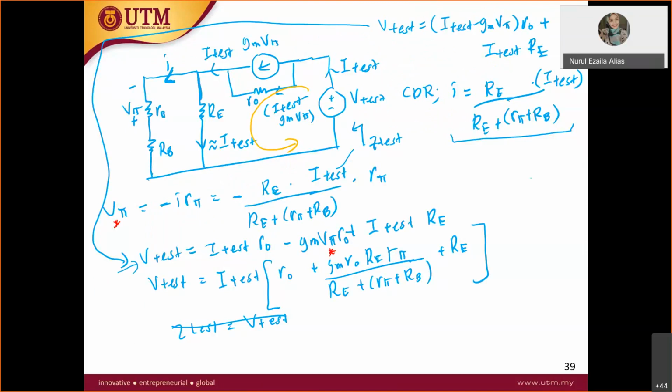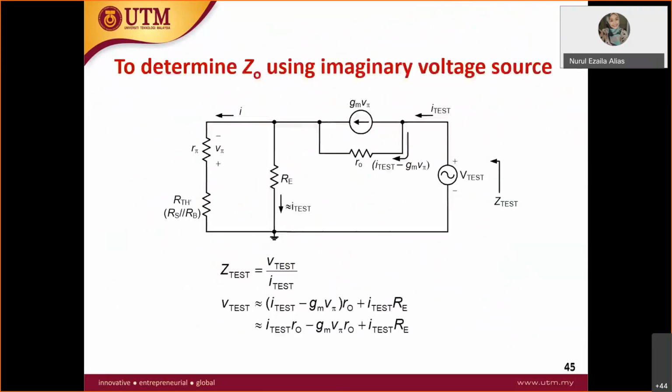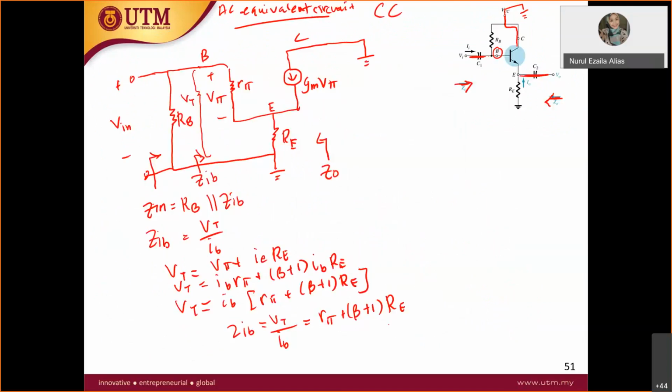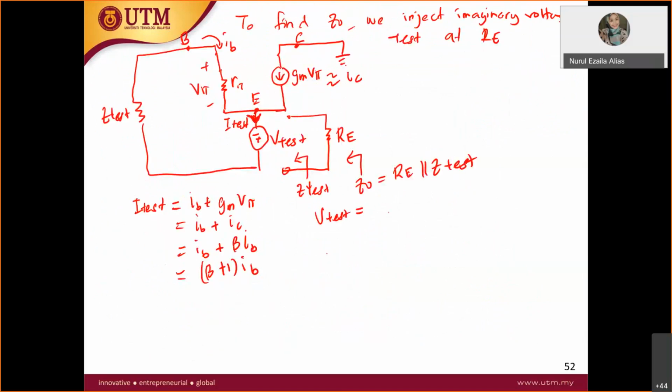KVL. Yes, KVL at that yellow loop there. So same goes to here. In order to find the equation for V-test, you need to do the KVL loop here. Okay, KVL loop over here, like this. So V-test here is equal to the,